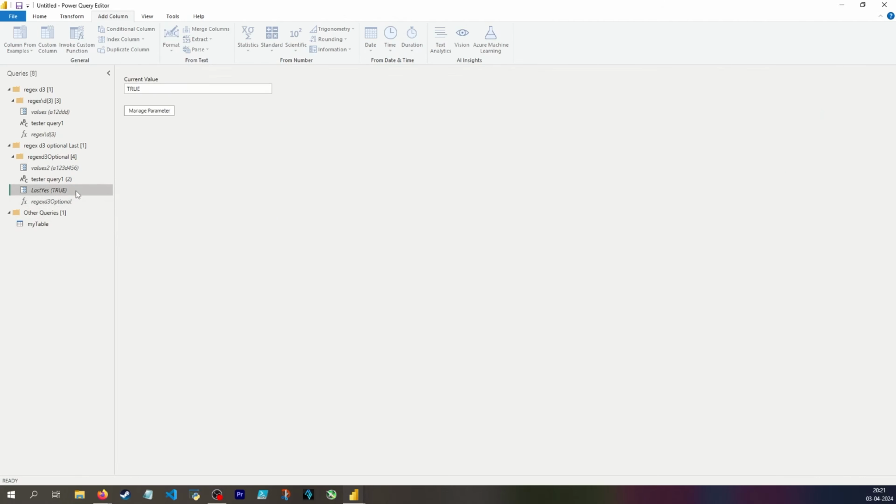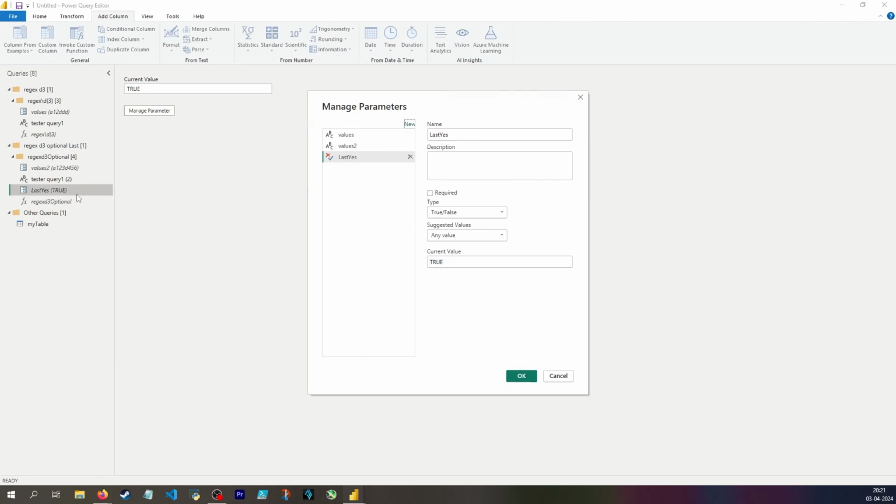The good news is I did figure out what my mistake was. In my parameter, I said that it's allowed to be a binary because I figured binary means true false. Binary is like when you load a file, that would be a binary data type. So I misunderstood what binary means. So the correct thing to do is for parameters, I need to select true false, and then I can actually